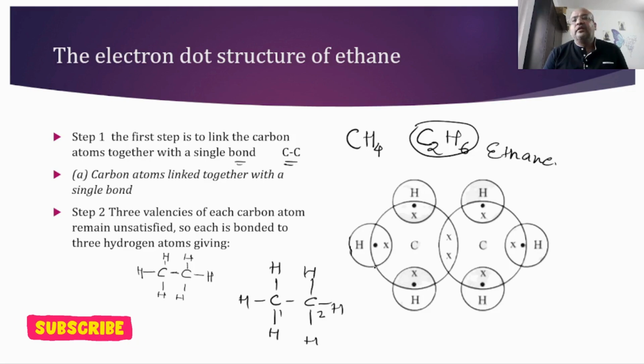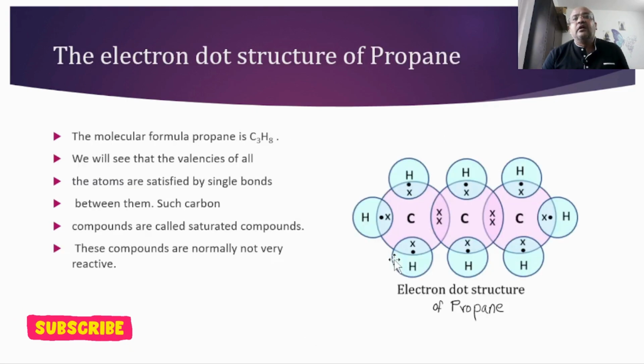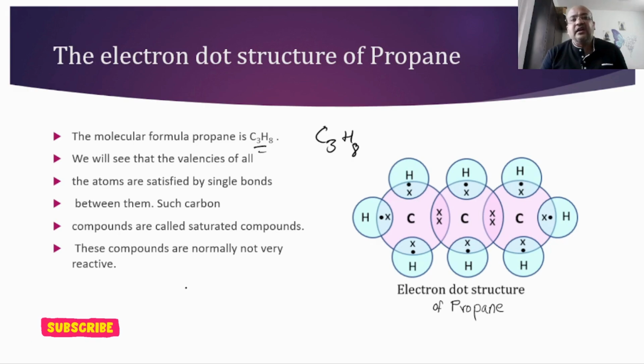Alright, next we will write down the electron dot structure of propane. How do we write it? In propane, the formula is C3H8. So how many carbons are involved? 3 carbons are involved in this case. So I will write down the 3 carbons